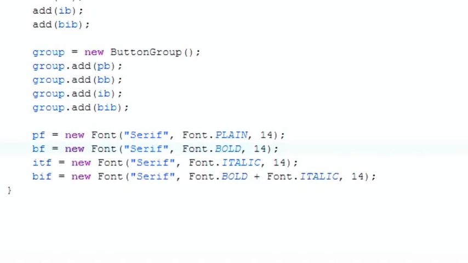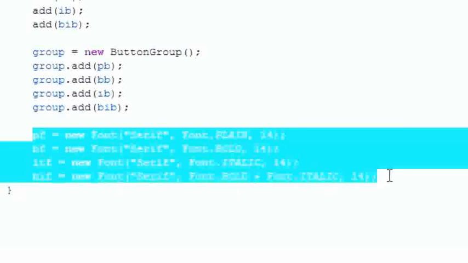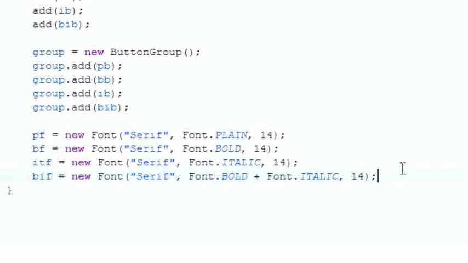What's going on, everyone? Welcome to your 67th Java tutorial, and in this tutorial we're going to be finishing this program demonstrating JRadioButtons. So where we left off on the last tutorial, we pretty much made 4 different kinds of